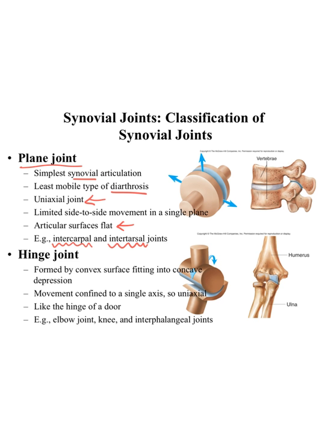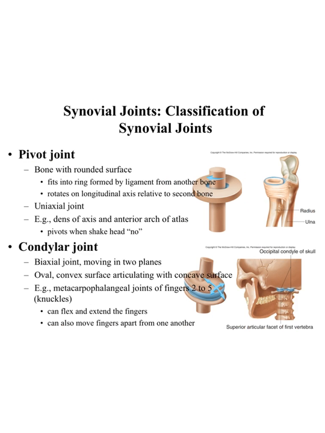Hinge is also going to be synovial and diarthrotic, with examples in the body being the elbow, the knee, between the phalanges, also your jaw. Pivot is also synovial and diarthrotic. One surface of the bone is going to be perfectly round, and the other is going to rotate around it. Two examples: between the radius and the ulna, and then also your atlas and axis,